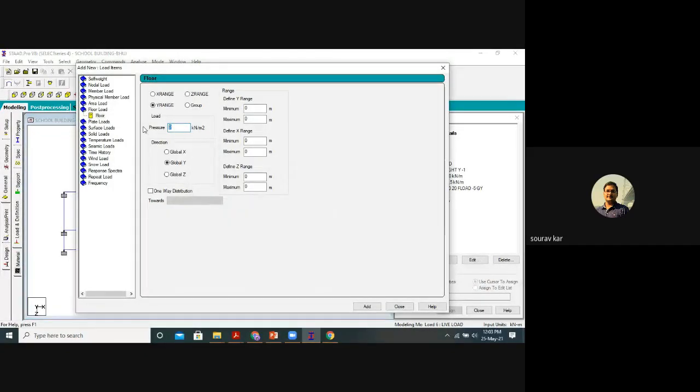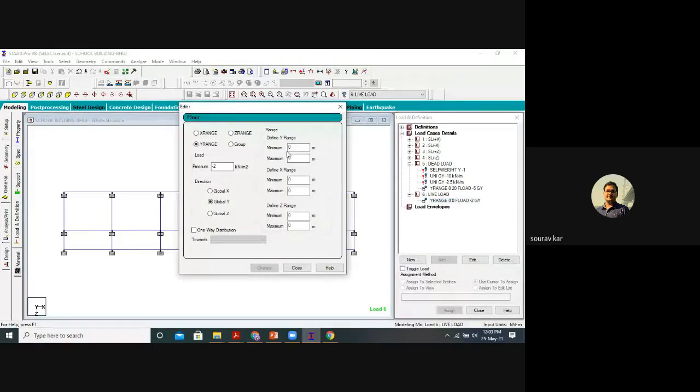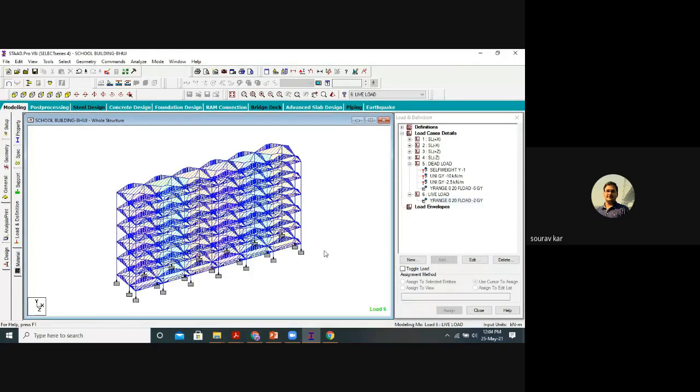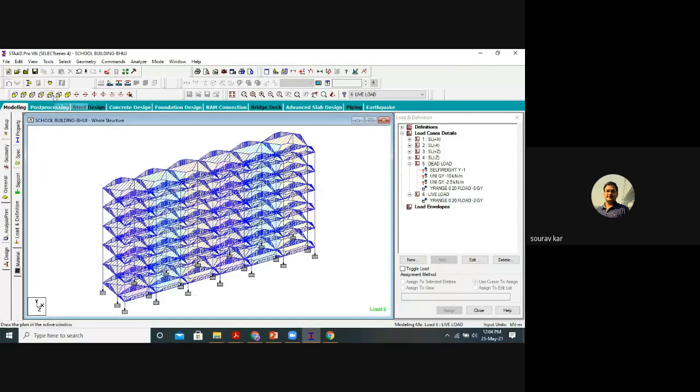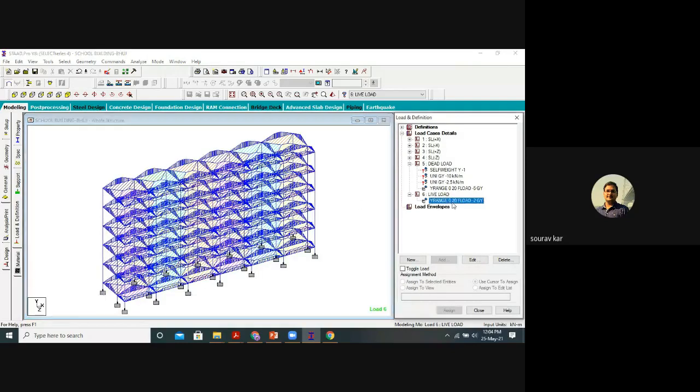So pressure again minus 2 kilonewton per meter square throughout all the floors. We will add, pardon, we have written it wrongly, from 0 to 20. I'm taking all the live loads the same from the base level to the roof. Okay, no problem. So this I have taken as the live load.